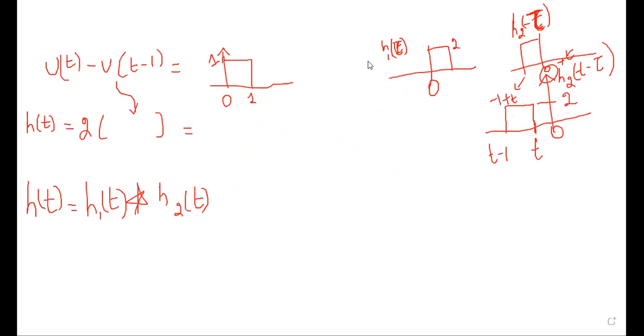Can we keep it closer? When I was discussing this type of problem, I told you first you have to write the first signal. The first signal is here, and the second signal is here. Amplitudes are the same, so try to maintain the same amplitude.